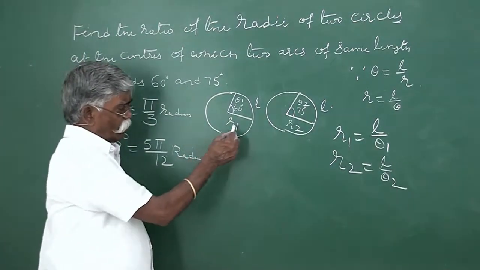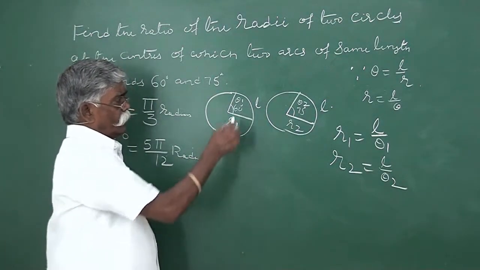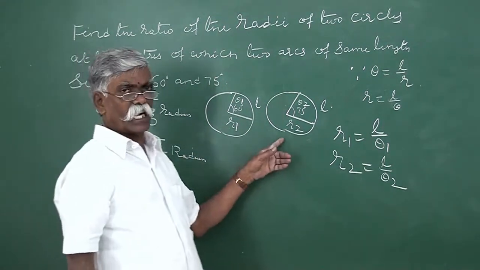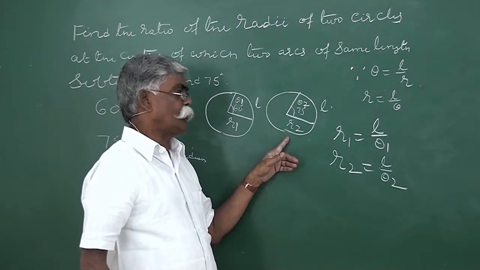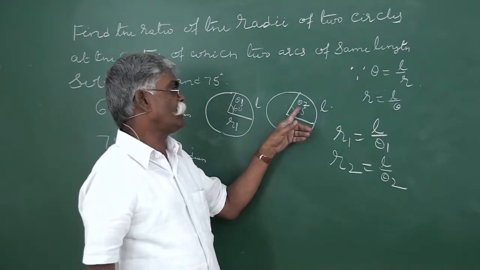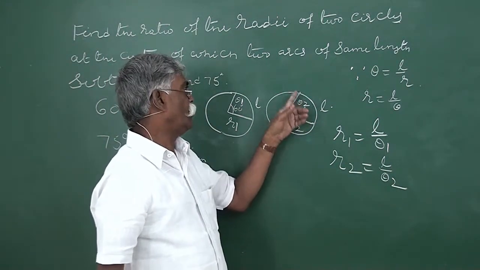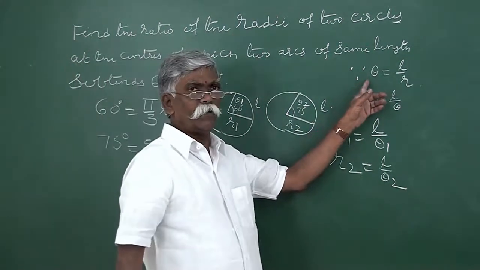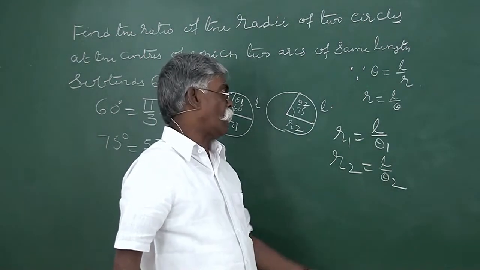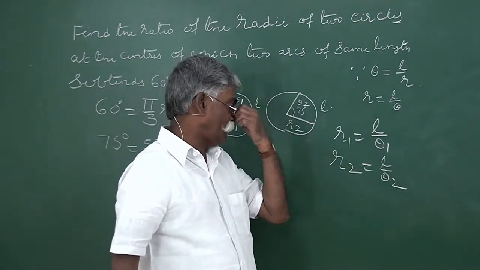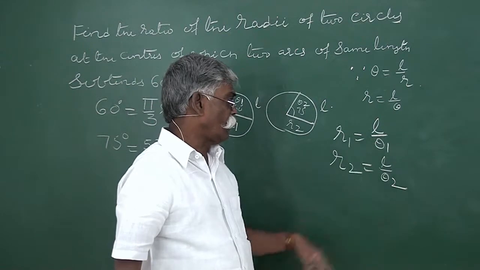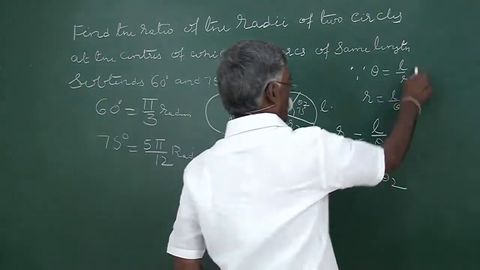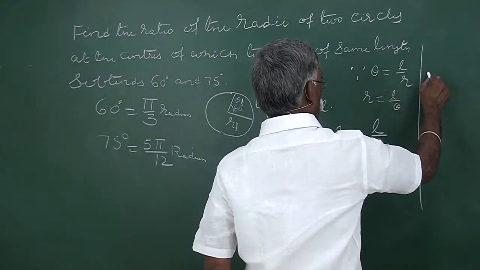So, for the first circle, we have taken the radius as R1 and the angle as theta 1 equal to 60 degrees. For the second circle, the radius is taken as R2 and the angle is taken as theta 2, and in both the length of the arcs is same. So basically the formula is theta is equal to L by R, thereby R equal to L by theta. Hence R1 is equal to L by theta 1 and R2 is equal to L by theta 2. We want R1 by R2. Therefore